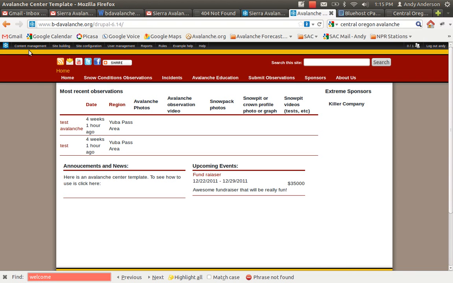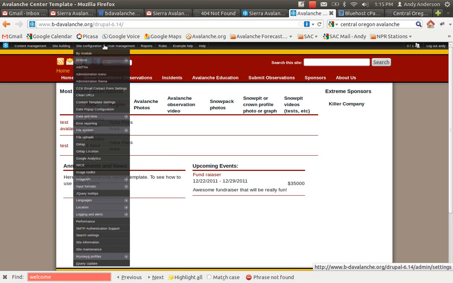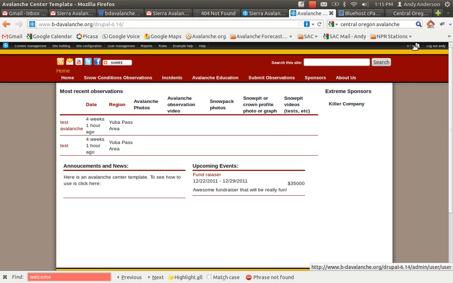You'll notice once you've logged in, you got a new menu, this black one across the top. It allows you to make changes to the site. It also tells you how many people are on the site at the moment, and here's your log out button. So right now we have one user on the site, and that is an authenticated user. Obviously that would be me. If you and I were both on it at the same time, it would say 2. If you were on it and 150 people who were not logged in were on it, it would say 150/1. Anyway,